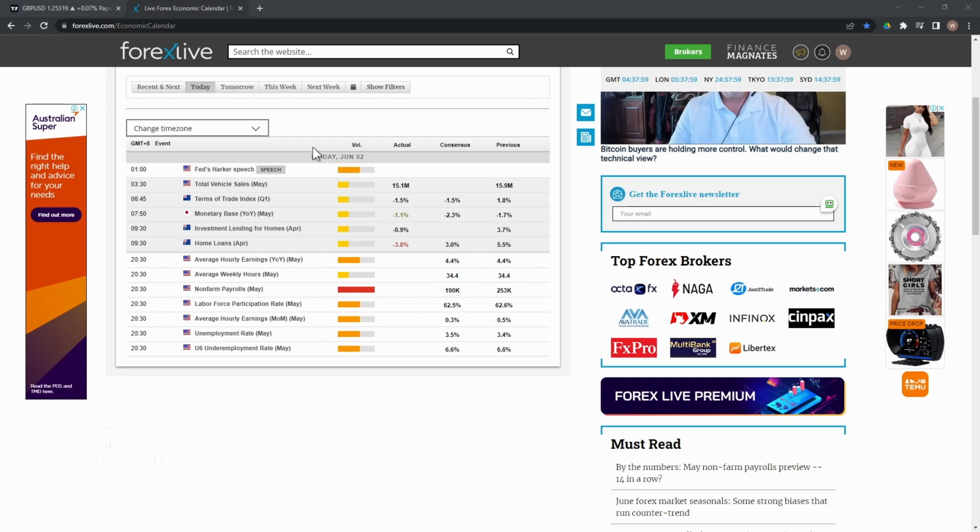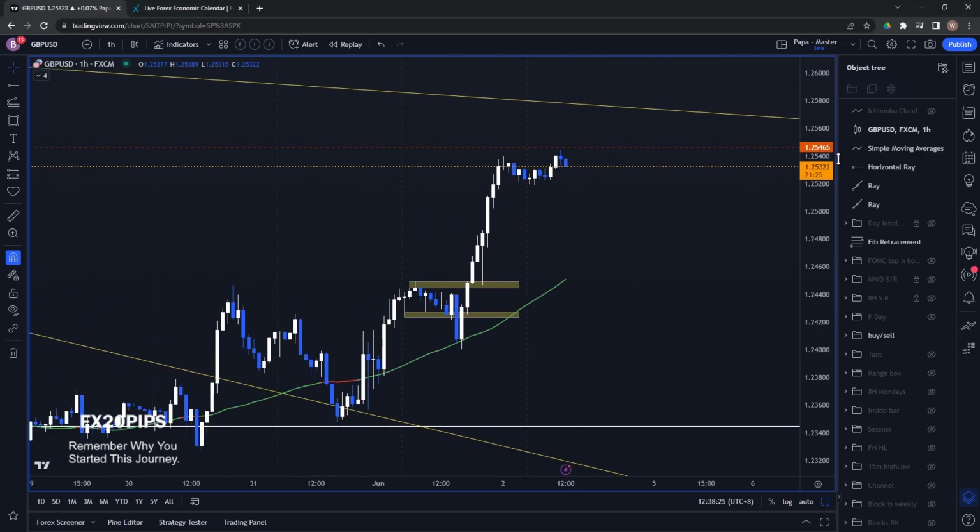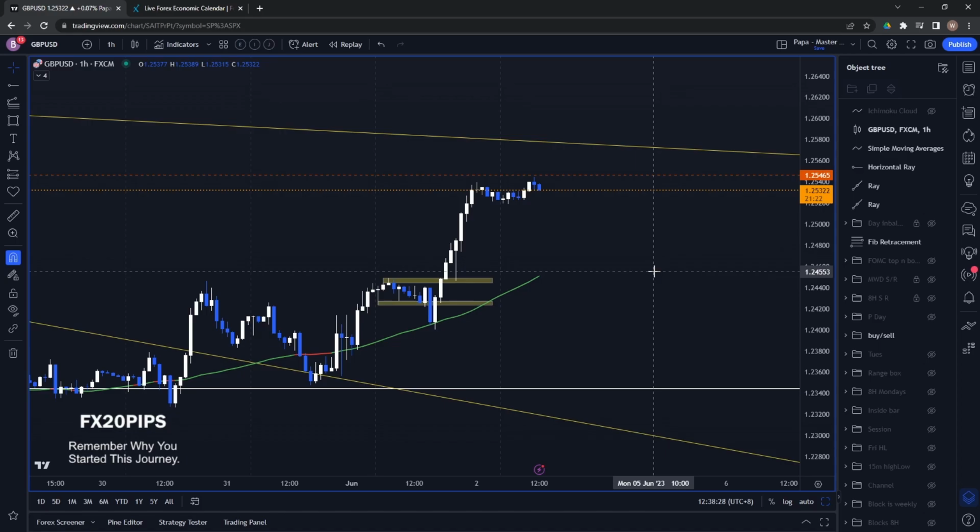Meaning that price should be ranging here until the non-farm payroll. So we wonder whether it will break through here or it will come down based on the result. So what I am thinking is I am expecting the news to cause the price to spike down,